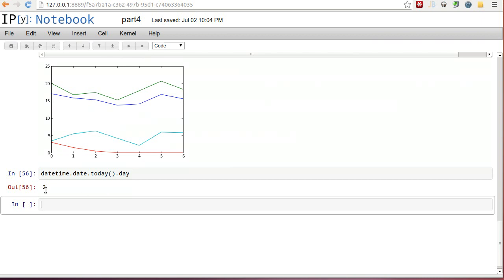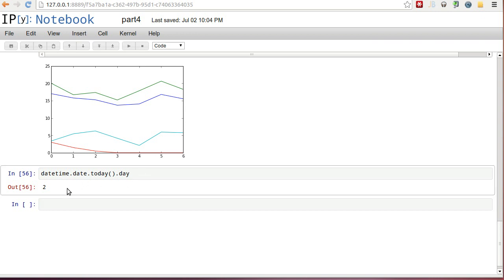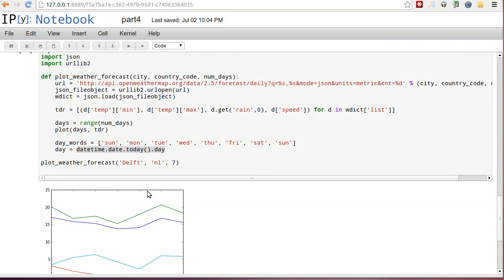That's 2. So it's Tuesday today. So if Sunday is the 0th day, and then 1 is Monday. No, wait, hang on. Yes, that's correct. 0 is Sunday, 1 is Monday, and 2 is Tuesday. That's correct. Okay, so now we've got the day, and now we need to use this information to slice up